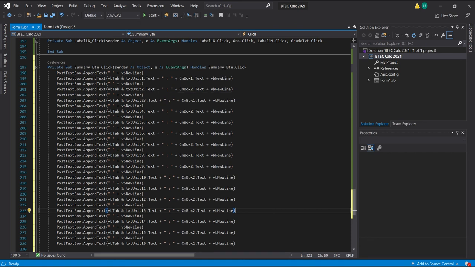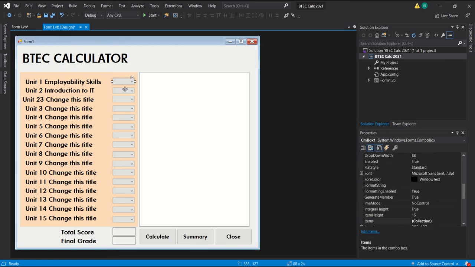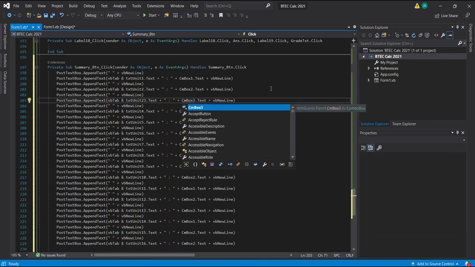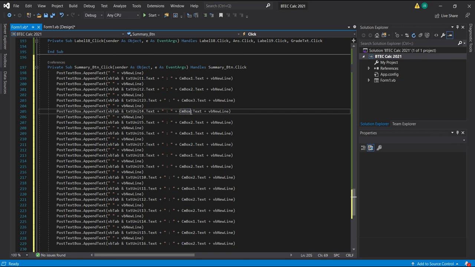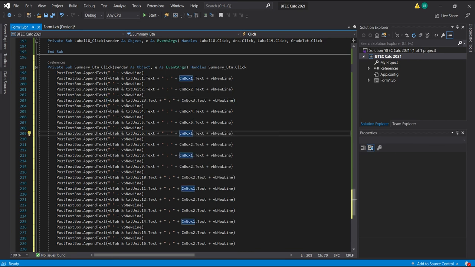You include this. Now the only thing that we have to change here is the names of the combo boxes you want to use. Otherwise it will just repeat the ones you've put here. So you have combo box 1, 2, 3, 4, 5, 6 down to 16. You come over here and you just change it to 3, 4, 5, 6,